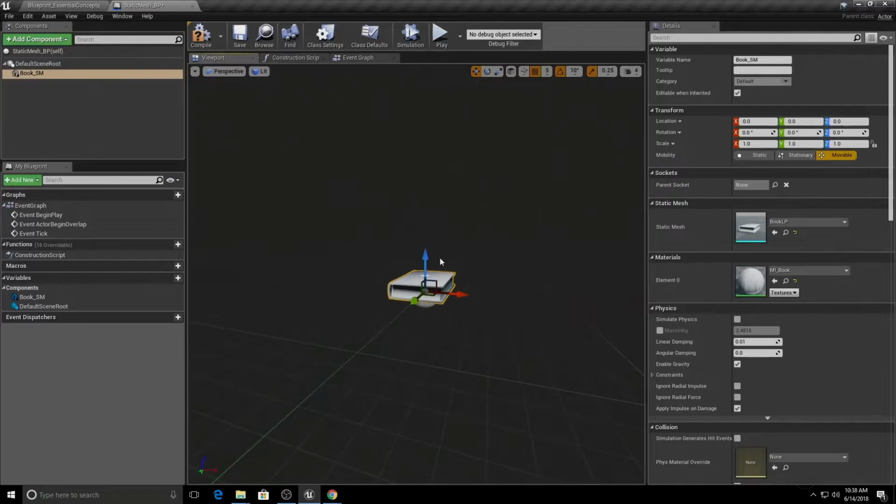That is what we call the default scene root component. Whenever you create a new blueprint, you're automatically going to have this component added as the default scene root, which you can see here at the top. And we're going to show you what this is for and why it's created initially. So if we compile and save and we close out this blueprint,